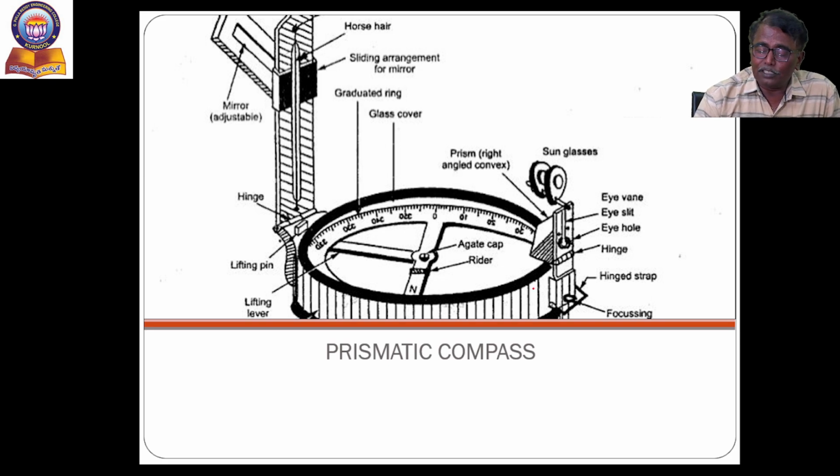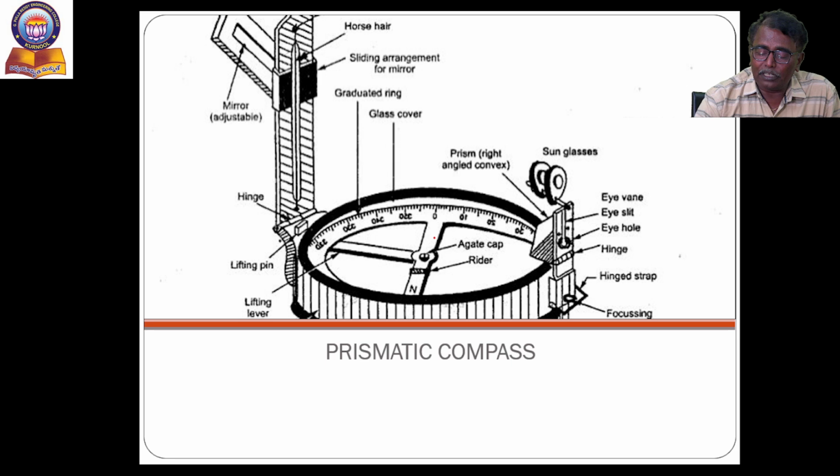Next, this box is covered with a glass cover. Over this graduated ring, a glass cover is provided to protect the ring as well as the needle. North direction is marked somewhere, because below this horizontal bar on the graduated ring, the magnetic needle is provided. The magnetic needle is provided below this one, and whenever you want to lift the